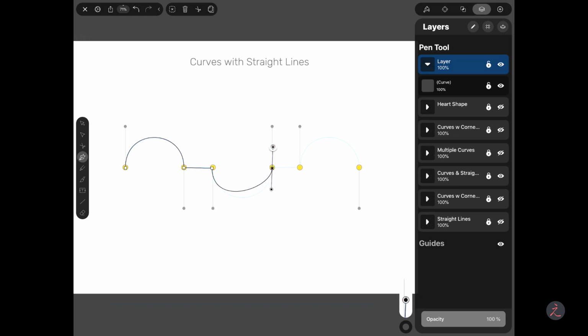And then I'm going to tap and drag to create my curve. Again, I'm going to tap one finger on the canvas to be able to move this control handle independently from the other control handle. Then tap once to create a straight segment. And again, because a curve is coming up, I'm going to tap and drag to pull out a handle here, and just tap and drag to create the next curve like so.